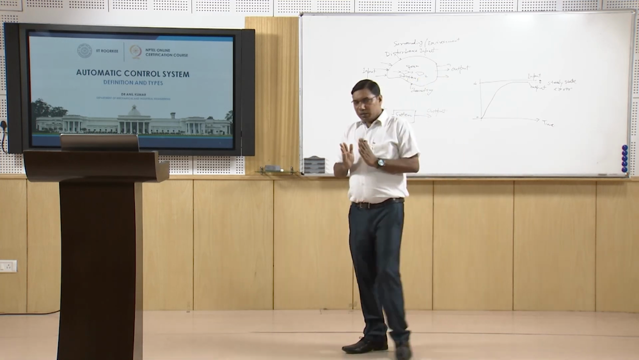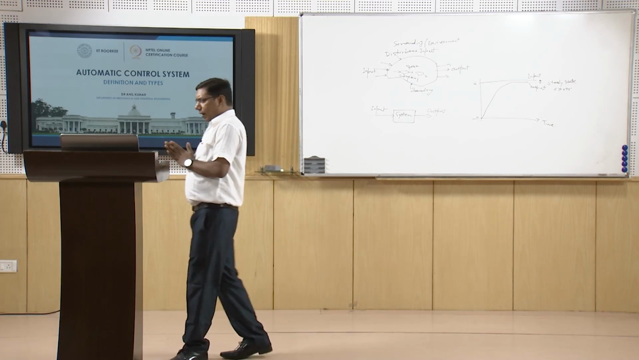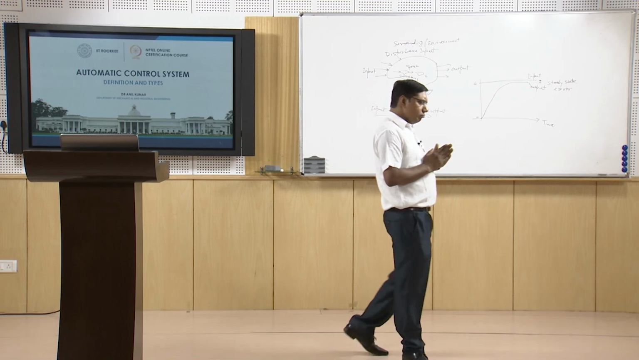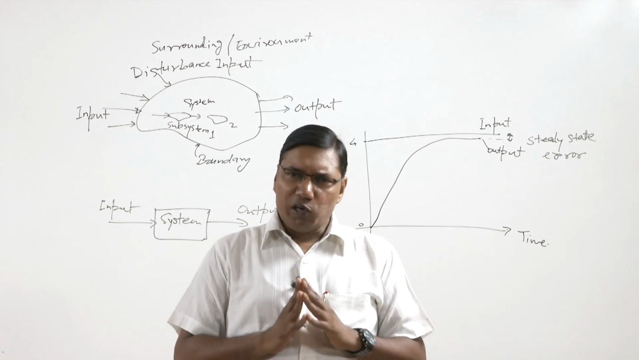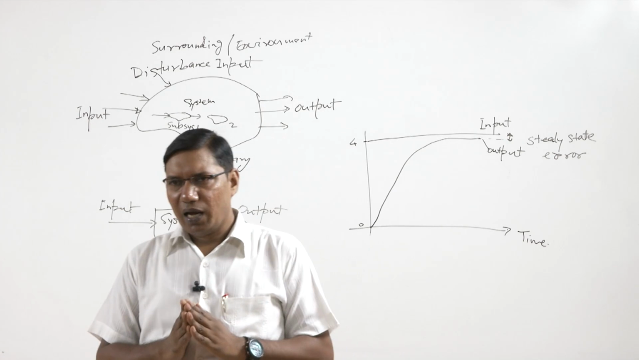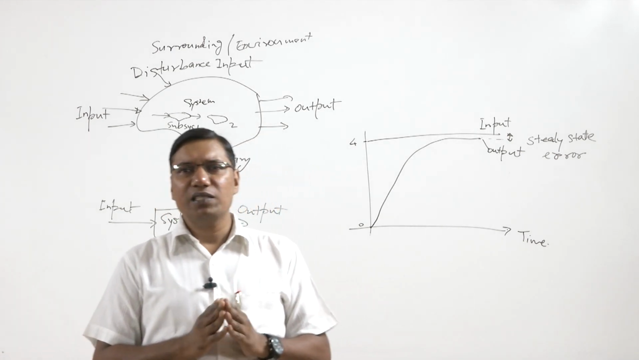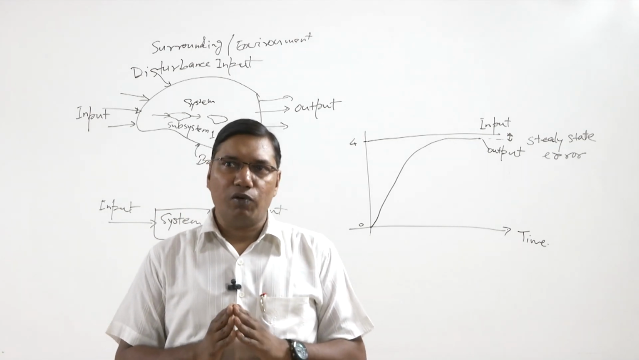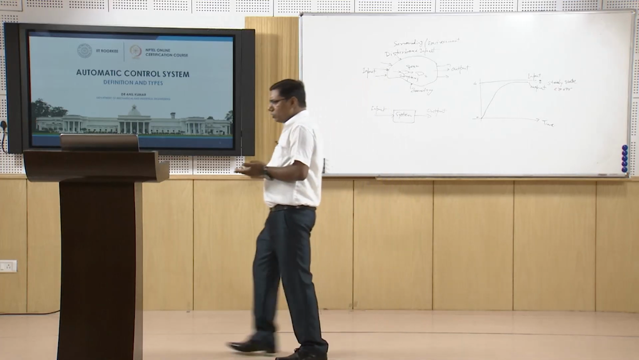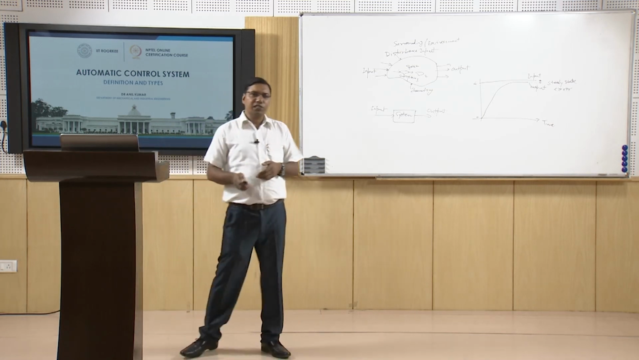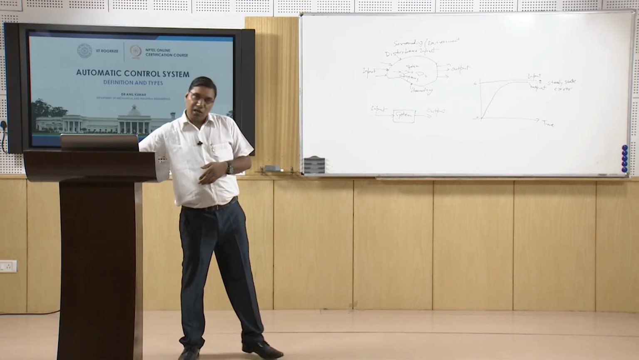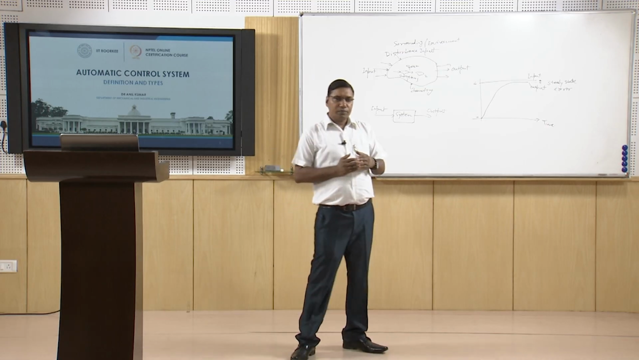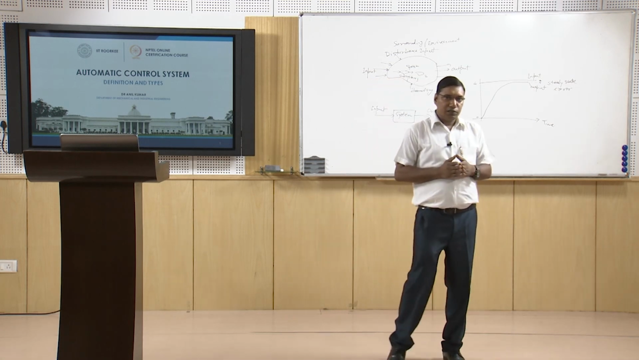So these are the open loop systems, and the disadvantage of these open loop systems is that they do not monitor the output, and they have no mechanism to counter the disturbances entering the system from the environment. So now we come to a more sophisticated system, the closed loop system. In contrast to open loop systems, they can monitor the output